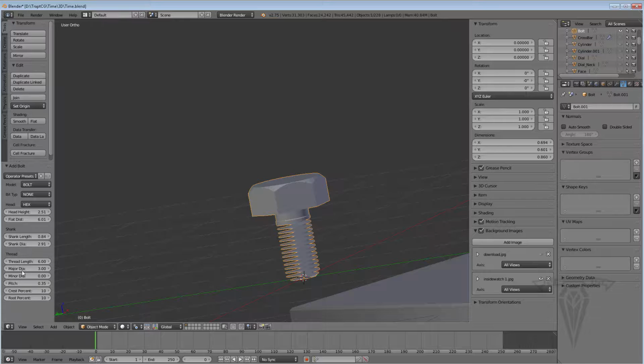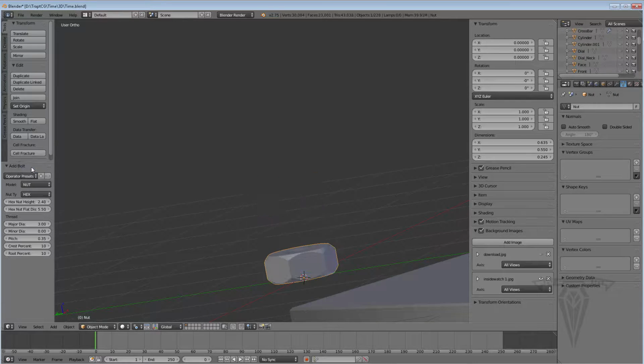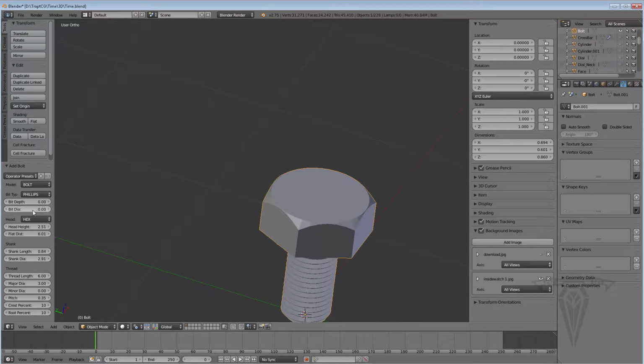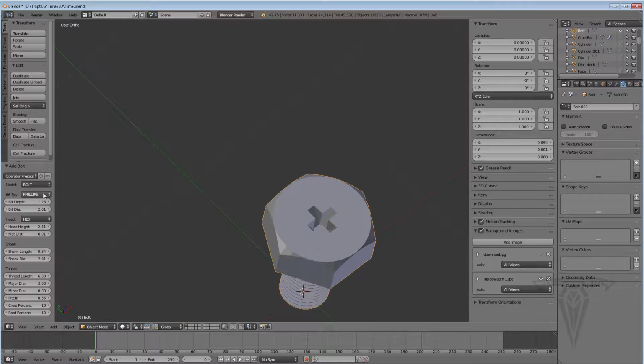thread count. I mean, there's just so much here that you can play with. You can even play with changing it to a nut. And you can play with changing the bolt's head. So Phillips, we're not seeing anything because we have to add some depth. Actually, it's not depth I want to add, it's this right here. So you can see here that creates a Phillips head, or I can go Allen head,